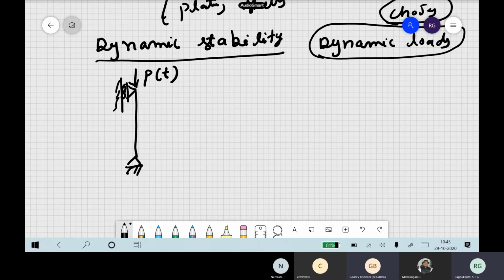We have to study, sir. Why? You are only telling that tension is fine, then why do we have to do this? What is another important thing? See, people have done the structural dynamics course. So for this dynamic stability, you should have background in dynamics also. In dynamics, what is the most important concept you have studied in structural dynamics? Resonance and all. Excellent, resonance. But before resonance comes, what is the most important quantity?